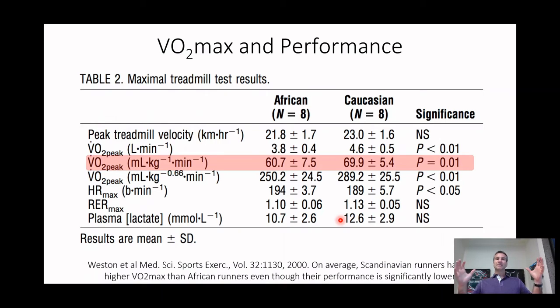And when you use a bigger muscle mass, now your heart needs to supply a greater volume of muscle. And in order to do that, it's going to need to do a greater adaptation. It's going to need to get bigger. And the bigger your heart, the bigger your VO2 max is. And so the result is that these Scandinavian athletes are going to have a bigger VO2 max. But when we talk about running performance, we're often going to see an East African athlete winning the world championships or the Olympic medals. And it's not because they have the highest VO2 max, it's because of something else.